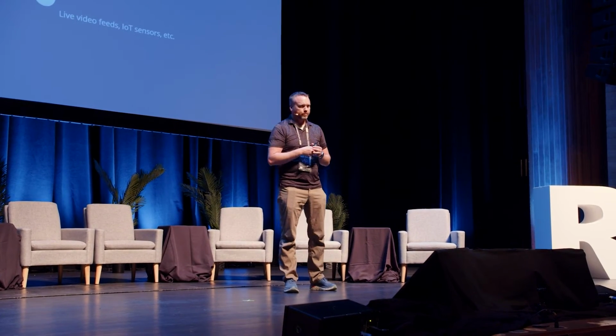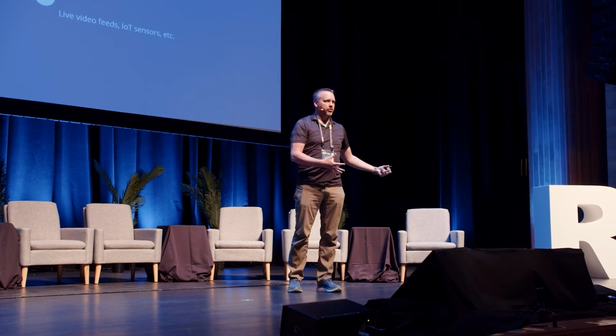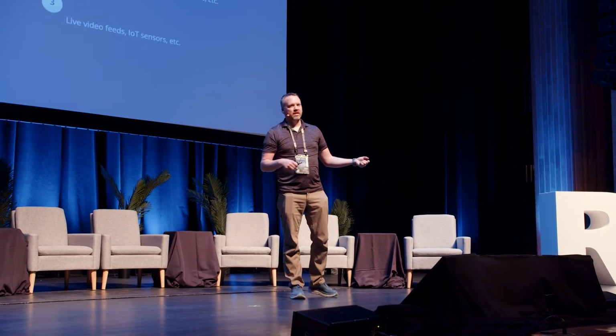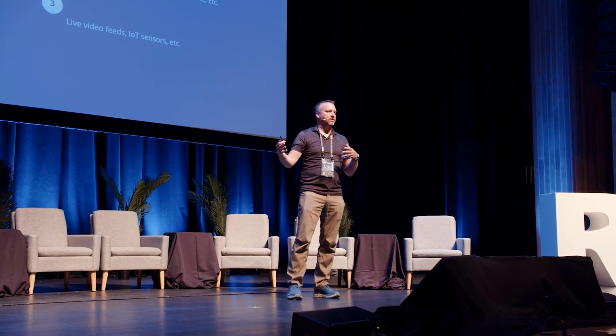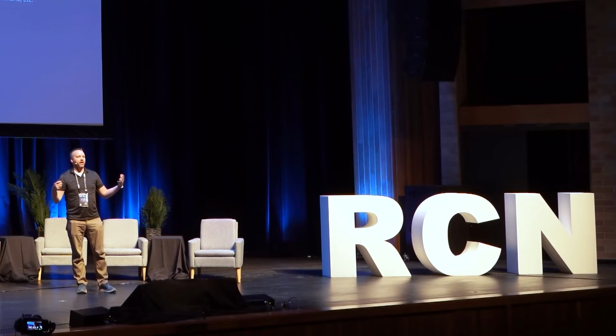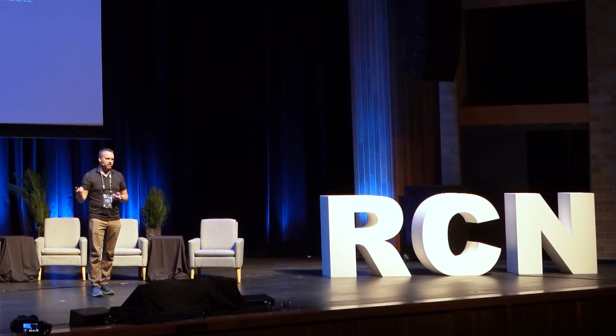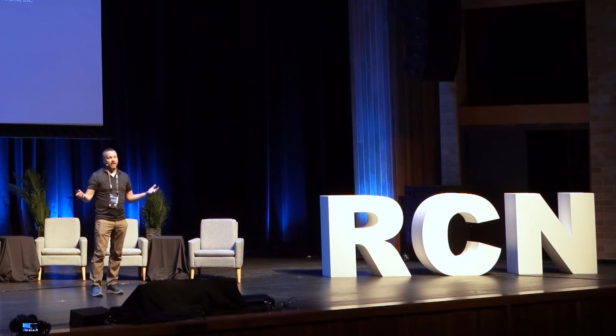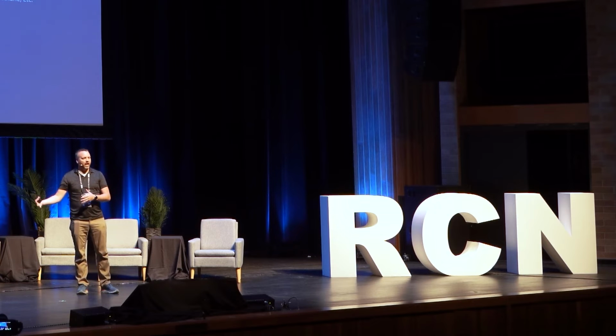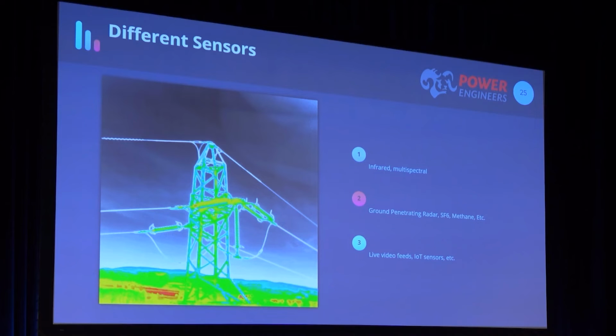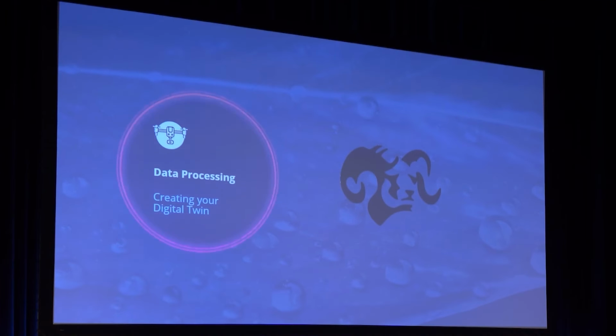And then really, I want to highlight different sensors. We saw the thermal image that Matthew shared, but things like infrared, multispectral, ground penetrating radar. I've 3D modeled ground penetrating radar, put it into Civil 3D to identify underground facilities and reference that to civil designs. Things like electromagnetic locating, SF6 gas detection, methane detection. All these are other types of sensors and packages that can contribute to this reality capture model we're using to build these digital twins. And they can provide insights that we can't see with the naked eye, provide us valuable data that can be integrated with other types of data so we can see a broader picture of what we're looking at for our digital twins.